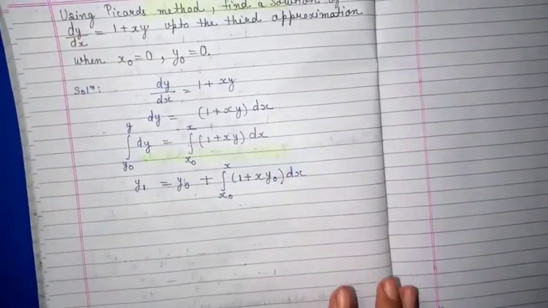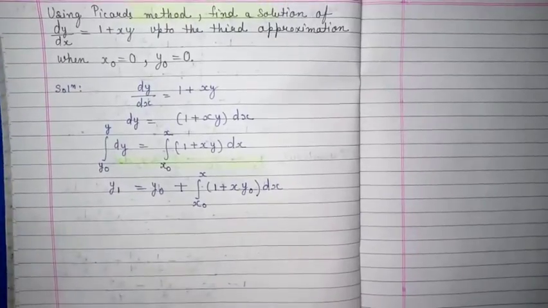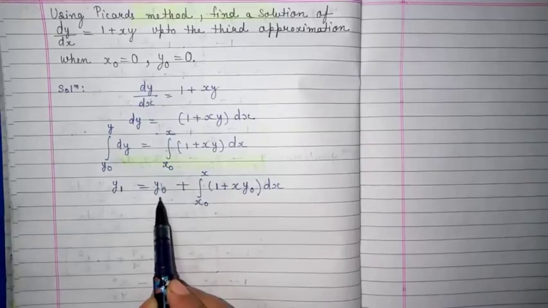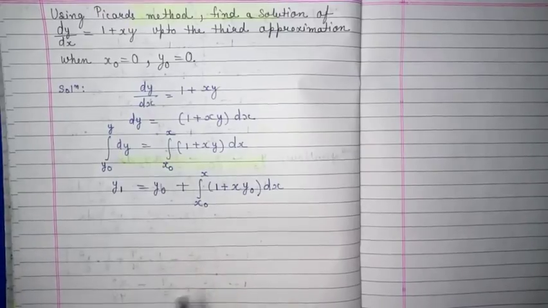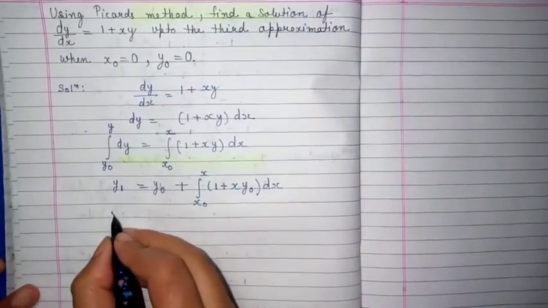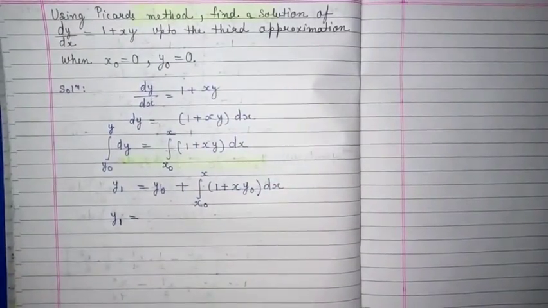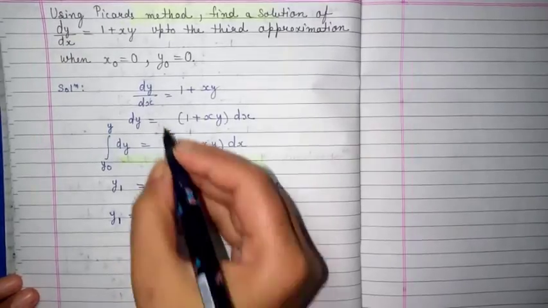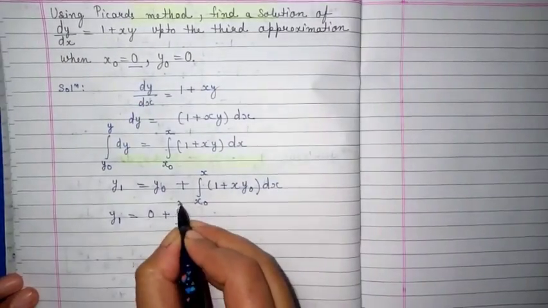So similarly, but students, this question will reduce to some other form, because here the y0 value is 0. So no need to write this y0, because whenever you write y0, its value will be 0 only, and anything you add with 0, that thing will only come. So no need to write y0 again and again, because in this question y0 is 0. So here y1 will be 0 plus, and x0 is also 0. So I am writing here 0 to x.